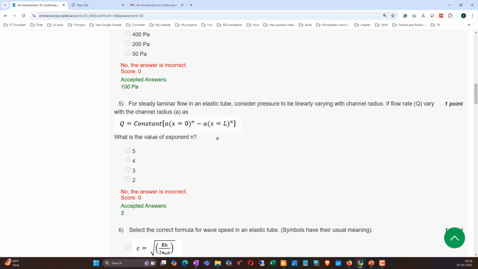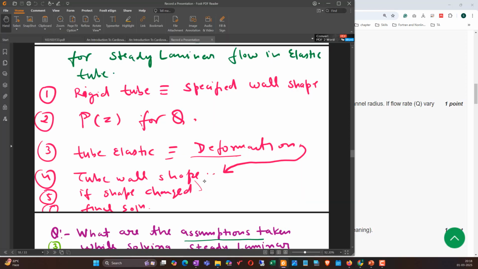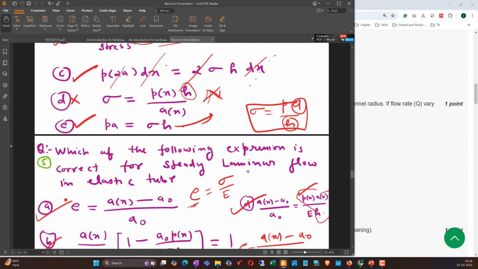For the steady flow in an elastic tube, consider pressure to be linearly varying with the radius. If the flow rate Q varies... this was there in the discussion. So this one, question number 5, we have discussed in our discussion. Where is that discussion? Yes, it is here. So this question number 5, we have solved